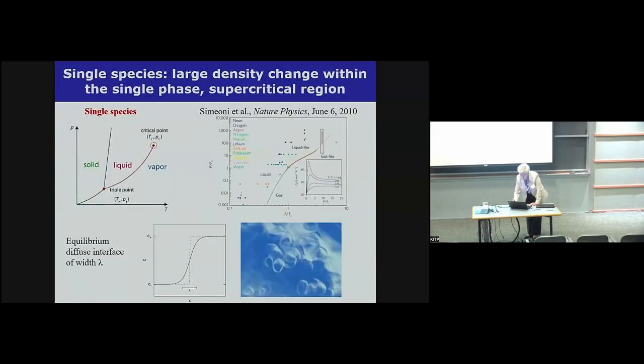Now, more recently, there have also been some results published in Nature Physics. So for those who are not familiar with the thermodynamic map, here it is. And these results were published for single chemical species. And they visualize and identify what's called the Widom line. It's a single phase regime, but if you cross from this side to this side, you go from a gas-like density to a liquid-like density.